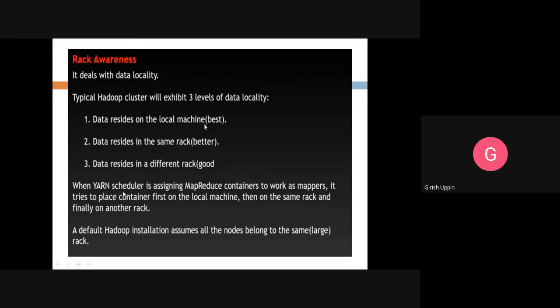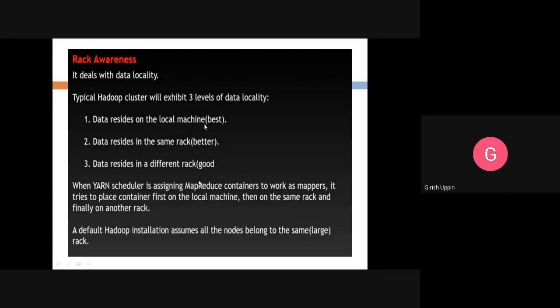So I told you to read chapter 1. In chapter 1 they have given the difference between Hadoop 1 and Hadoop 2. We are studying Hadoop 2. In Hadoop 2, the change from Hadoop 1 is that earlier MapReduce used to do the scheduling activity as well. So they have removed that scheduling, and they have created a separate process called YARN, Yet Another Resource Negotiator. So YARN will take care of all the scheduling activities, and it will also assign the containers for the MapReduce program.